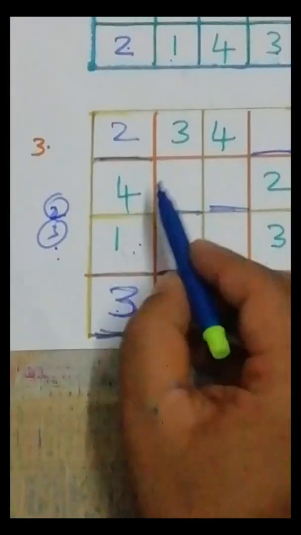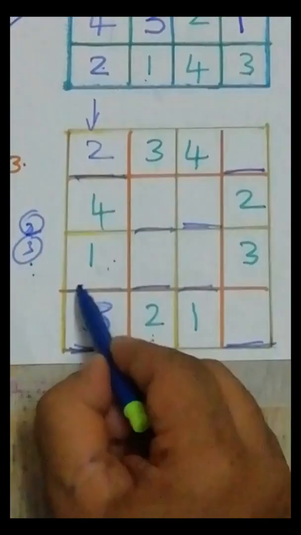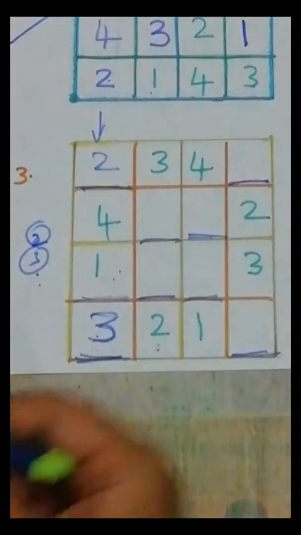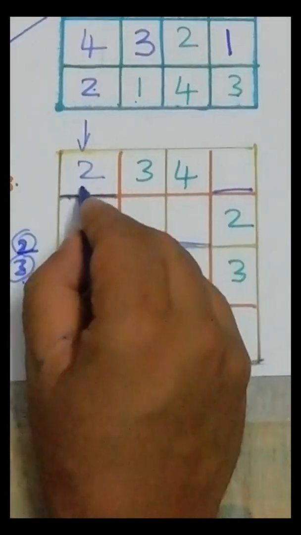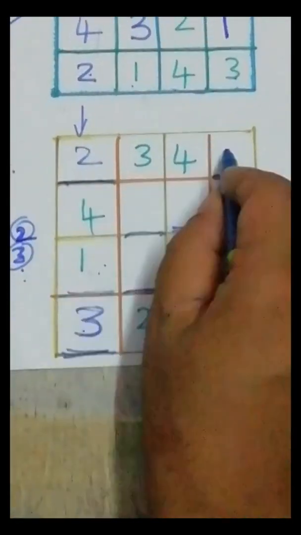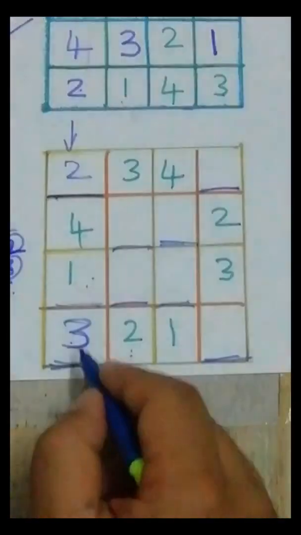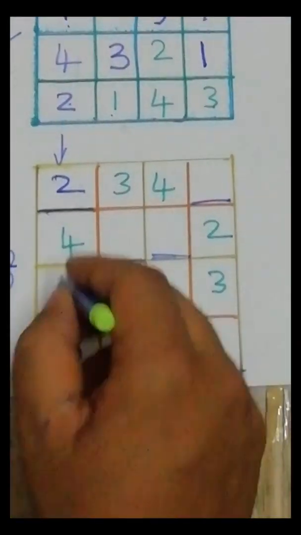So let's solve this third puzzle. As I told you, I am using a column rule. First, in this column, these 2 are empty. So what are the options for these 2 cells? 1 and 4 are there, so 2 or 3 can come here. I need to check whether 2 can come here or here. If I see this row, 2 is not there, so it can come. But I need to check the other way. Can 2 come here? No, because 2 is already there. So definitely 2 should come here. So I put 2 here, then the remaining number 3 I put here. So I used both column and row rules to get the answer.